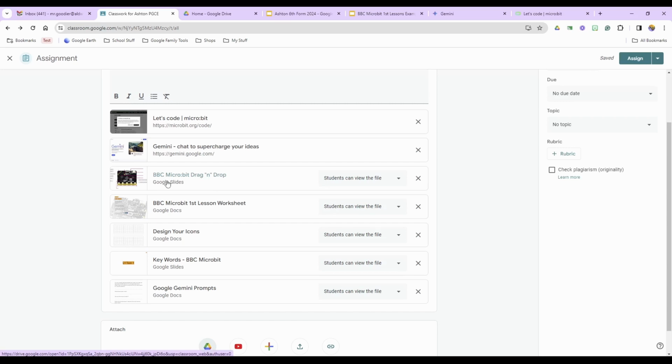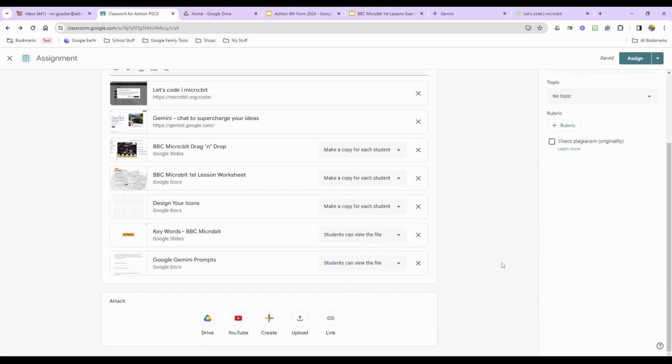The first one is a worksheet that I want every child to do. So I'm going to change that to make a copy for each student. The second one is also a worksheet that I want children to do, make a copy for each student. The third one is to design your own icons, make a copy for each student. So each student will get an individual copy of that worksheet to work on. The keywords I don't want children to have access to, and I also don't want children to have access to the prompts. So I think that's it,